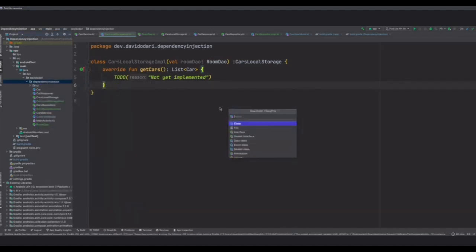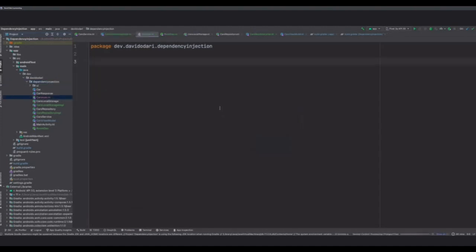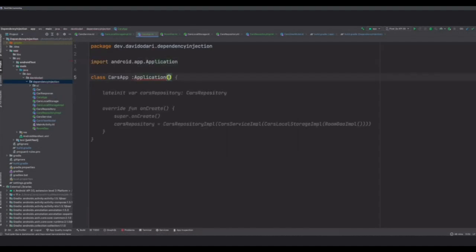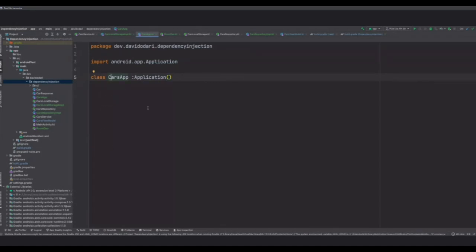So the first thing I'll do is create something. I think I'll just call this CarsApp, the CarsApp application class. The autocomplete, I think, is being done by GitHub Copilot, in case anyone is wondering.